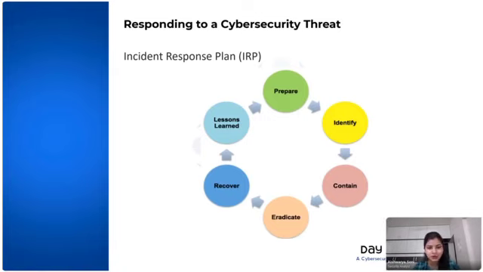Then next is to identify any cybersecurity threat. We can make use of various different detection tools to identify any cyber security threat that we see in the organization. Then we have containment and eradication. Containment is nothing but implementing containment measures to prevent further spreading of that particular threat. Let's say it's a case of malware spreading further in the network, or any such activities; if we want to contain and stop them, this step will be required.